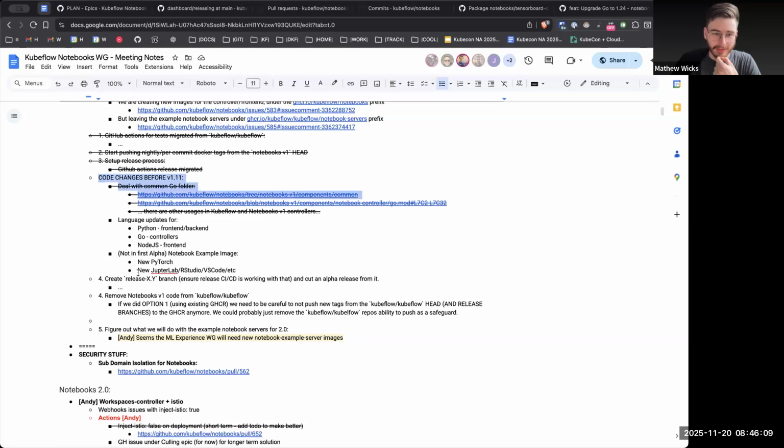Okay, any other comments about 1.0? So I think this is the current one, I'll do this one, the notebook example images. People feel free to try; these are often very tedious and painful. I don't know if anyone else wants to try and learn how I do it when I do it. Maybe we should do a live stream. It's so painful.